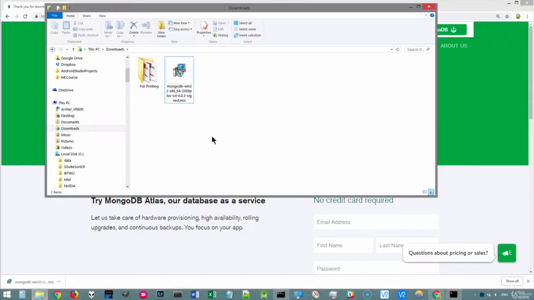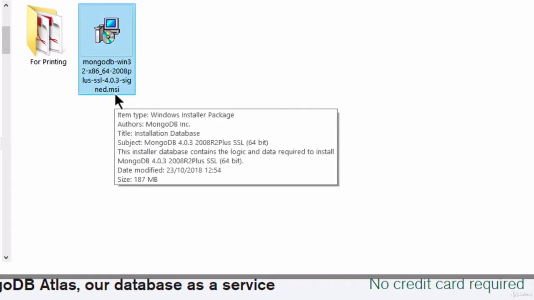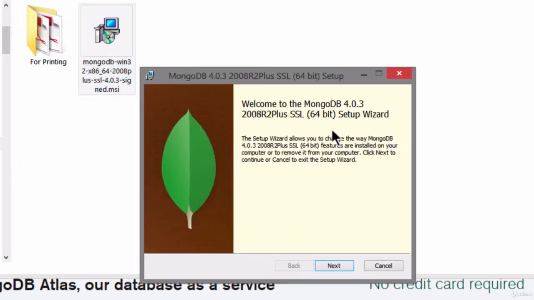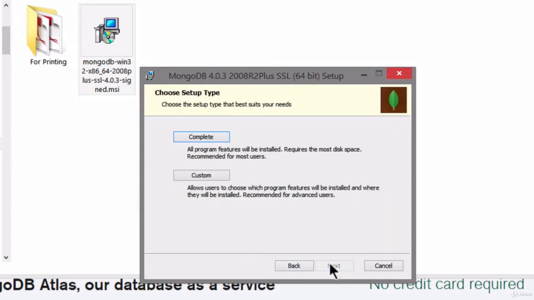Now, once the download has completed, you should be able to head into your downloads folder and see this installation wizard. It's going to be called something like MongoDB something.msi, and this is going to be your installer. So now, if you double click on it, it will launch the installation wizard. And all you have to do is click next, and then we're going to accept the terms of the license,